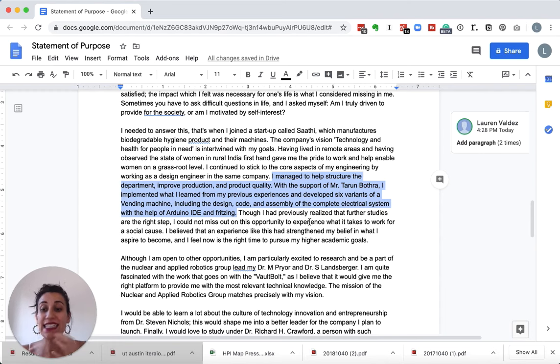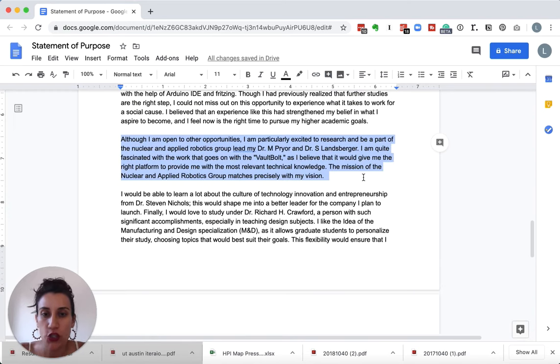But I think the intention of this paragraph is right. The intention of I went from working in this environment to wanting to be in a socially driven startup. I think that's a really good intention of showing that shift, but I want this person to just bring it forward a little bit more with making the examples more concrete and focusing on the wins.